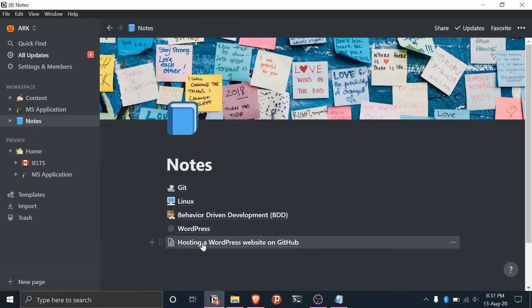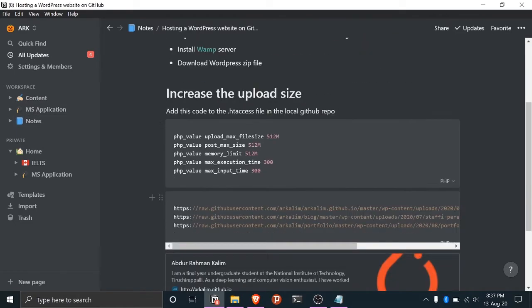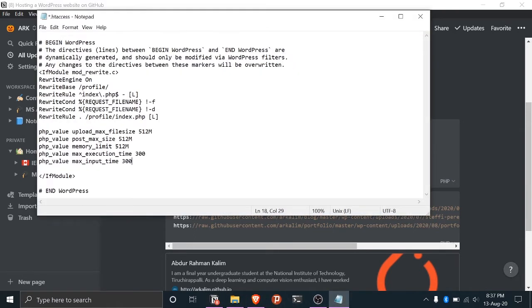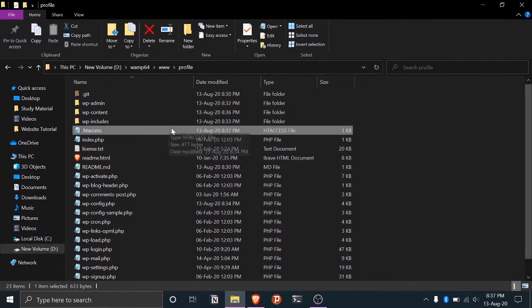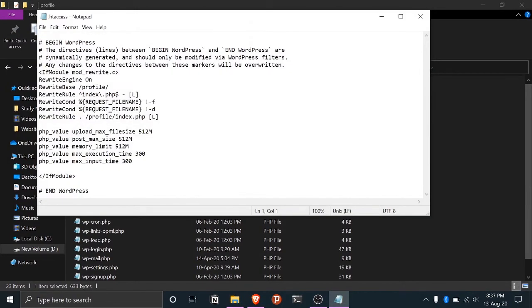I'll go to notes and then hosting WordPress. These are just a few lines of code that we need to copy, and we'll paste them here. Then we'll do save in this .htaccess. We'll close this and close this notebook also. So now if you see, we have updated our .htaccess file.